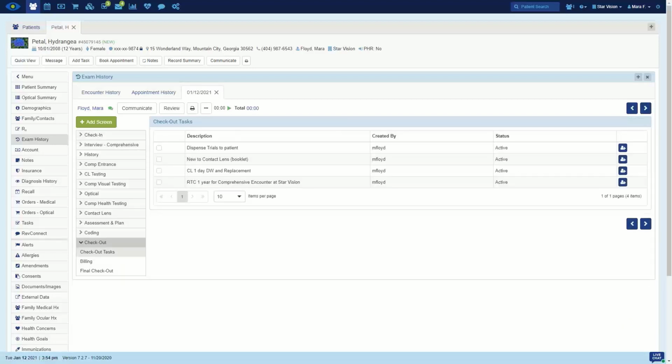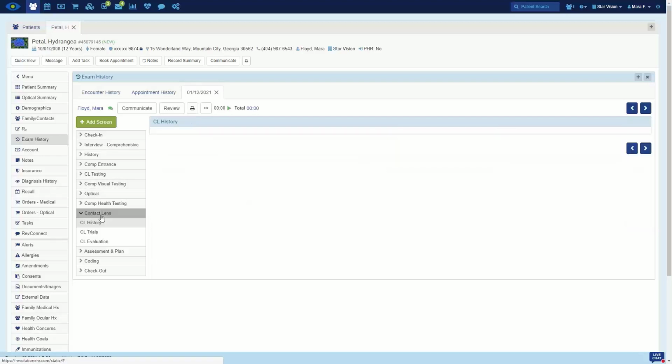When selecting checkout, your first area will be your checkout tasks. This will list any checkout tasks that your provider has asked you to complete or to work on. In this case, it looks like our doctor has asked us to dispense trials to our patient. If this is part of my job description, I will come up on the left and go into contact lenses